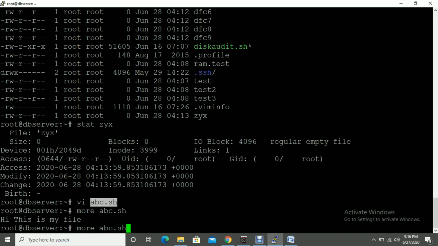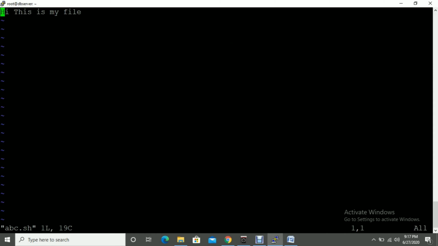But again, I am going to show you one more thing. I open this file again and edit something. You have to press the insert button, and then you type here, this is my test file.